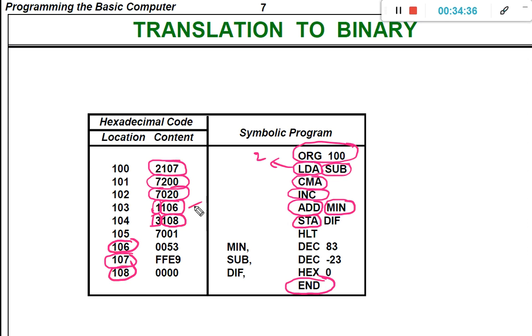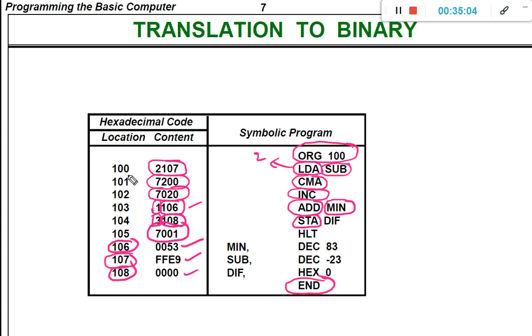Okay. So next, halt. The direct code for the halt instruction is 7001, a register reference instruction that we have already seen in previous classes. And the value for min is 53. The value for sub is -23 in hexadecimal representation. The initial value for difference is 0000, represented in hexadecimal.